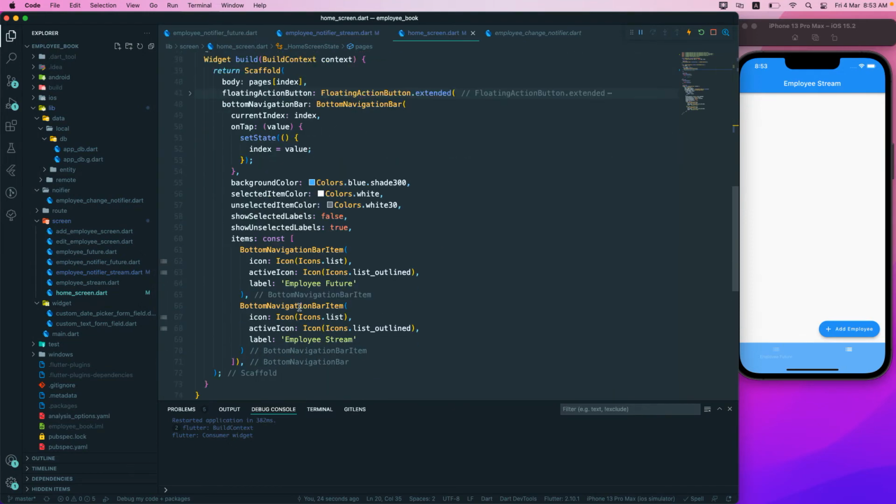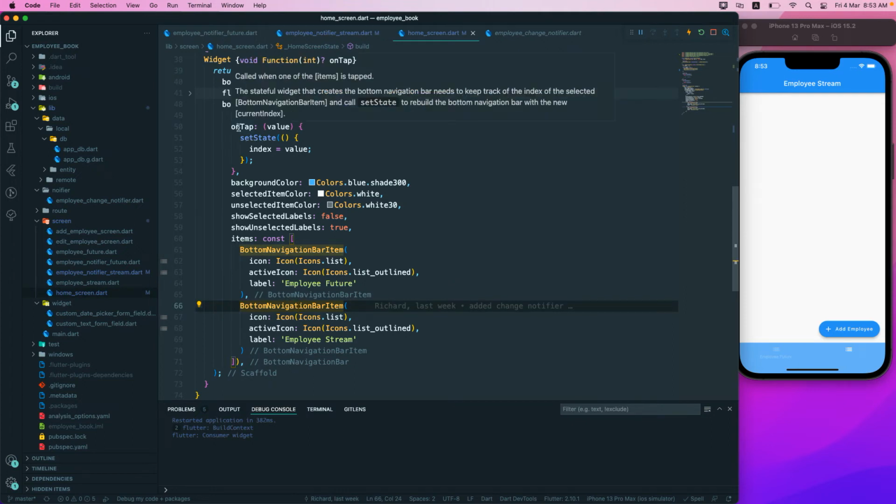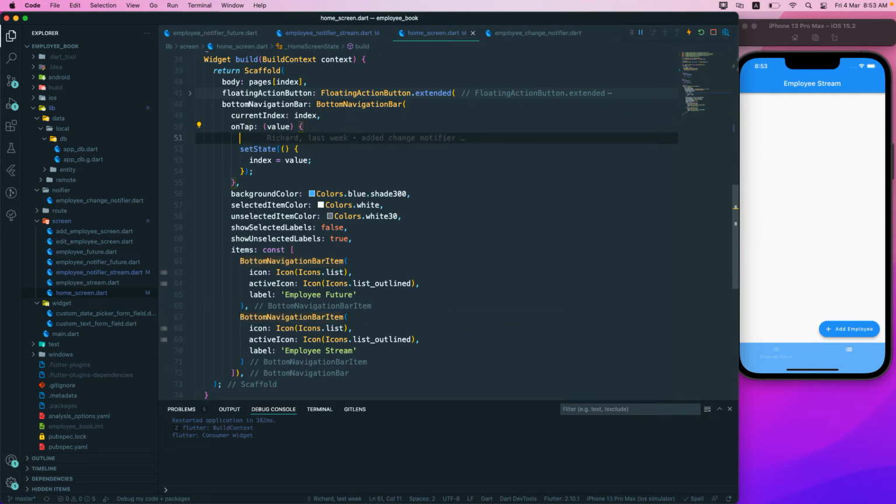And whenever we have the bottom navigation tab pressed, whenever there is a tab, we'll check the value. If it is the second, the index is of the 1, right? 0 and the 1. So if the index is 1, then we'll call that particular function. So I'll check for the index over here. If the value is equal to